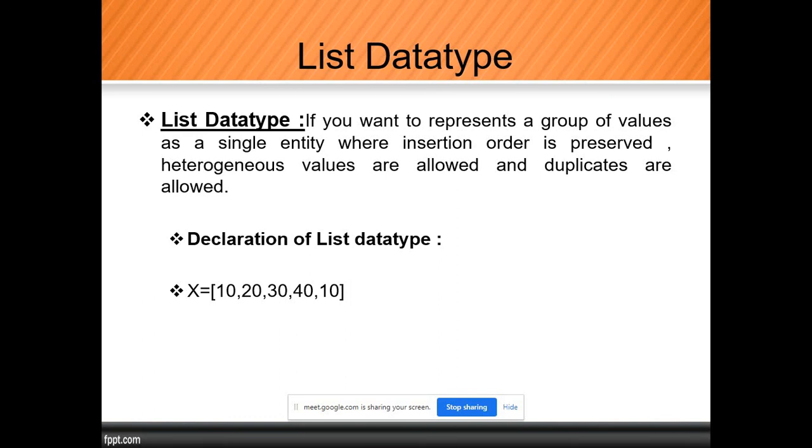That means as we add elements, as we add information, it will be added in that order. First come, first served is the basis, so that term is called preservation of order. For example, if 20 is added first, then the first element will be 20, later on 10 will be added, so the second element will be 10. That term is called insertion order preserved.